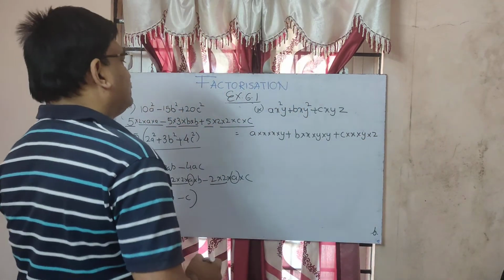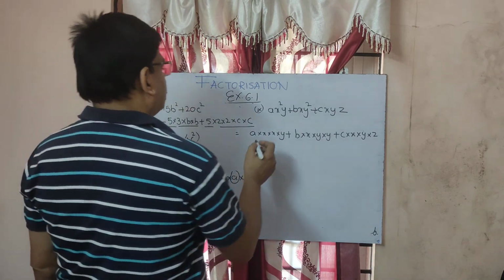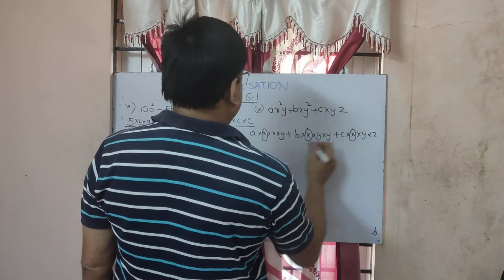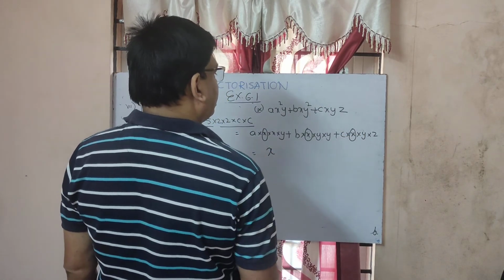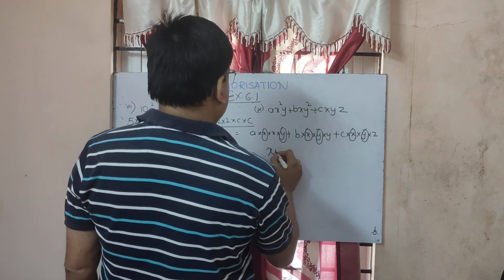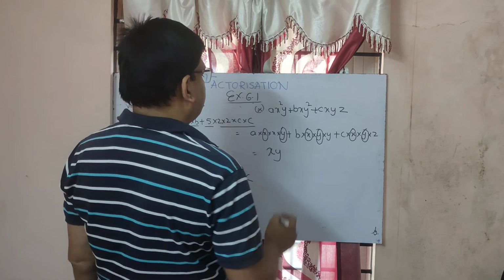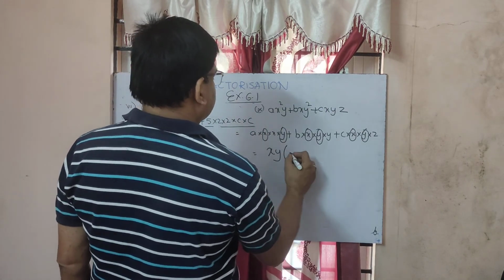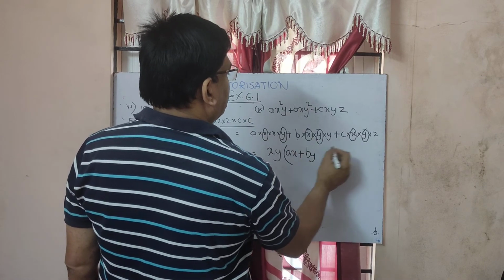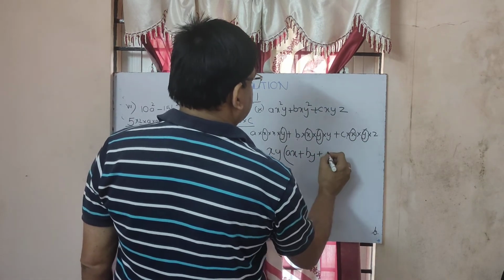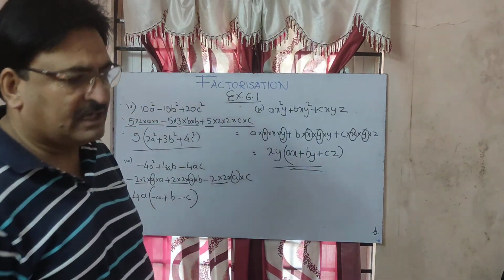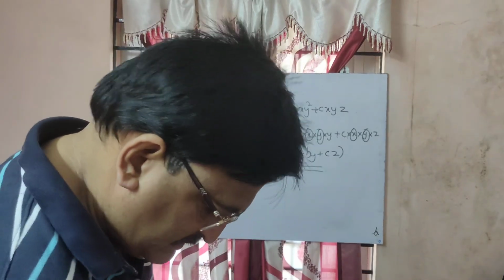Now you need to find out the common things. So A is here, there is no x here, so take it, x will be the common. Now y will be common, y will be common, y will be common. Other than those, there will be no commons. So A and x, that is ax. Plus b and y, by. Plus sign, c and z, cz. So this is all. This is how the examples will be done.